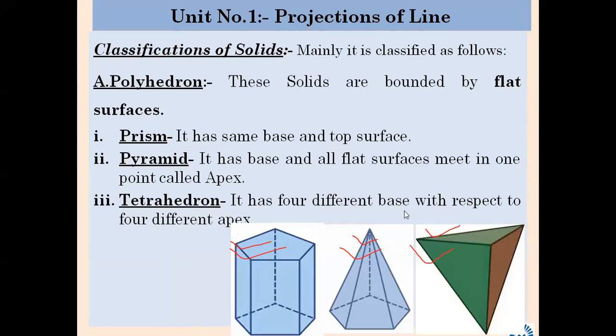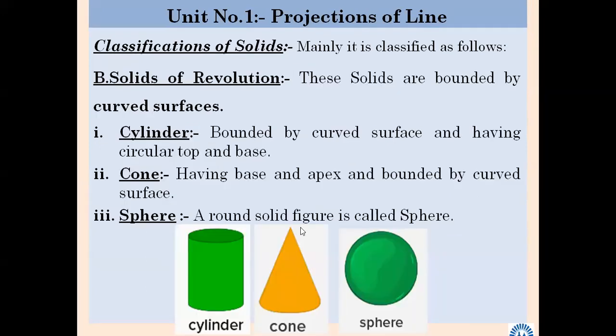Then this cylinder, we will compare cylinder and prism. We can say they are a little similar. Why? Top and base are the same. Only, prisms are bounded by flat surfaces, while a cylinder is bounded by curved surfaces. Similarly, prism and cone: it has an apex and base, something like a pyramid. And sphere, you know better.